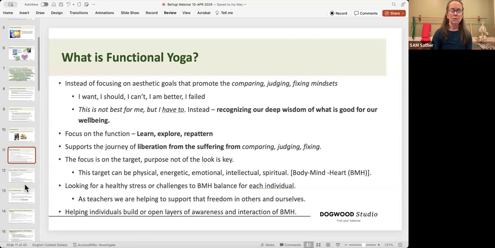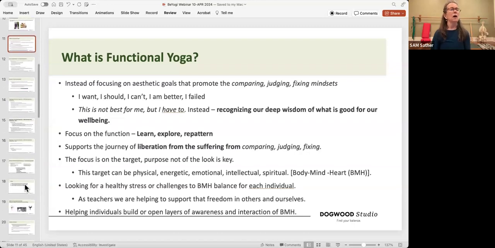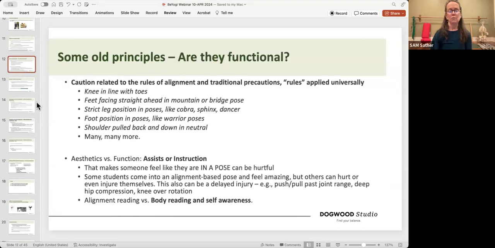We want healthy stress in our approach to yoga, and healthy challenges. And what is that? It's really something that's unique to each individual, and offering that is not easy to teach. It's really a different approach to teaching. In the world, I'm a researcher too, and there's a difference between an order giver versus a facilitator. So we're really trying to help uncover these layers.